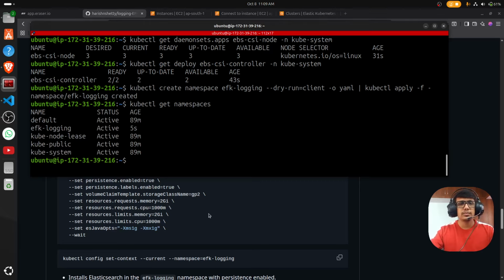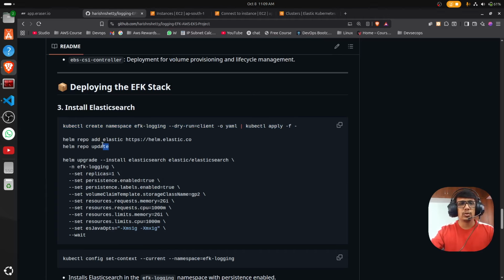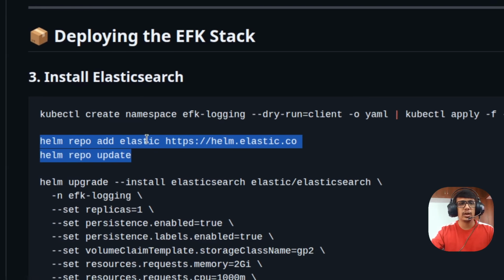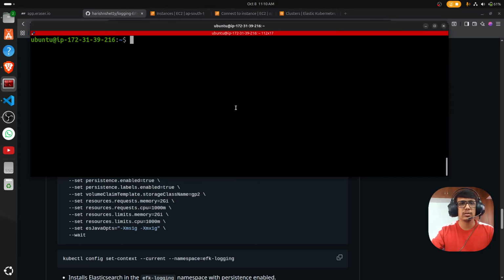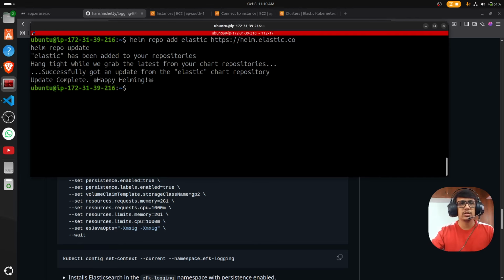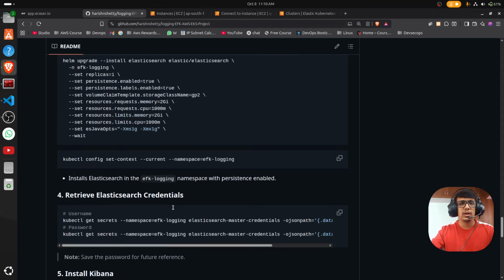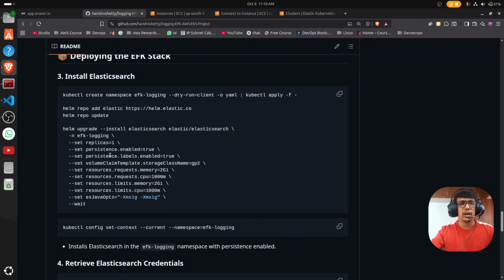Okay, now we have to add the repo of Elastic. This is the Helm chart of Elastic. We are going to add it via Helm. Just copy and paste it. We added the Helm repo. So now here we are creating the Elastic StatefulSet node DaemonSet. Just copy this one,